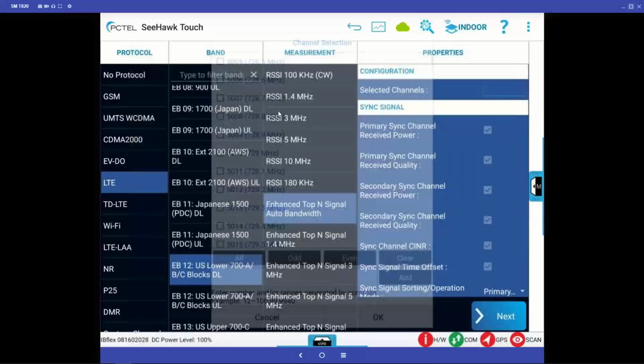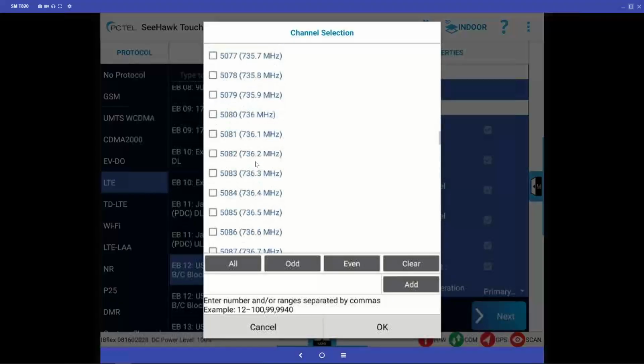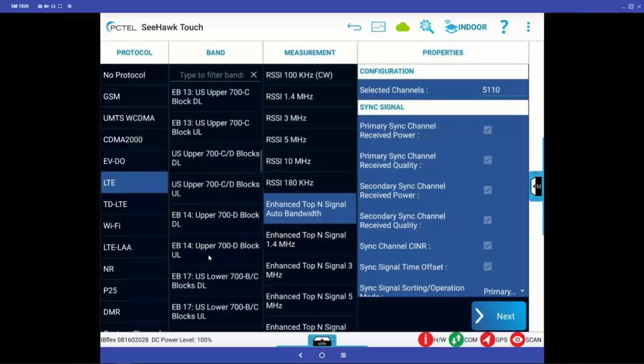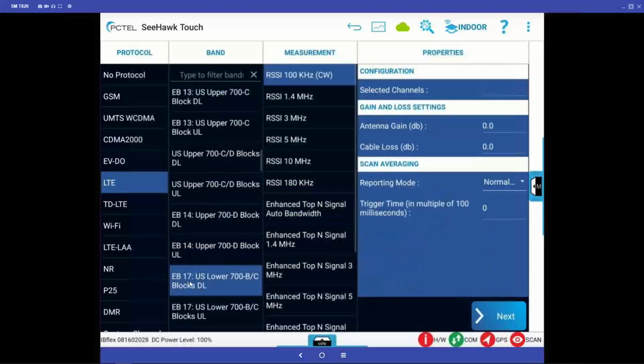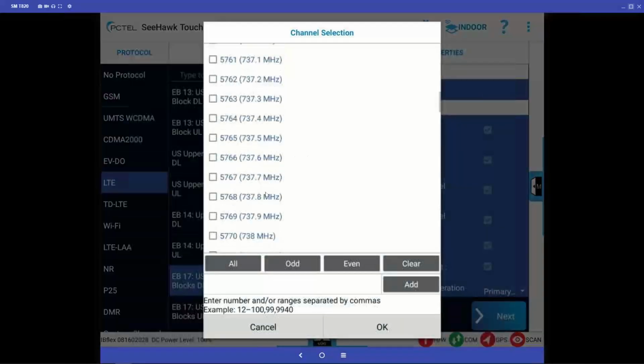So if I select channel 5110, it's 739 megahertz. Well, if I look at band 17, which is the BC blocks, and I do my channel 5780 that showed up earlier,